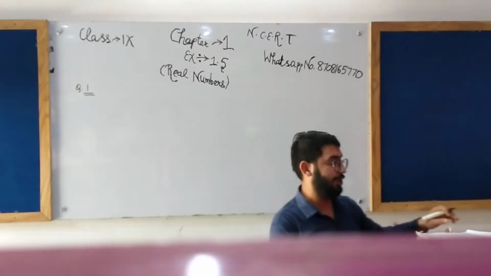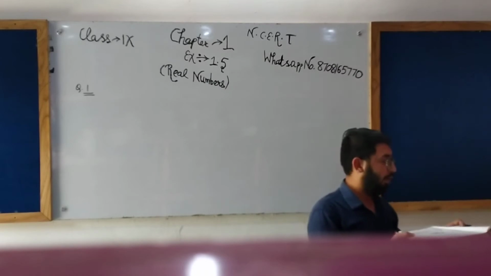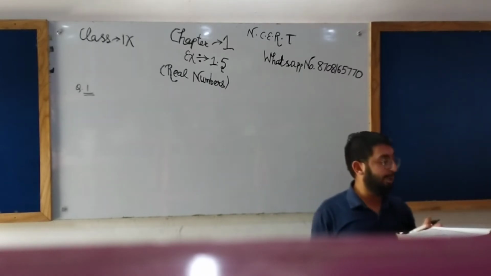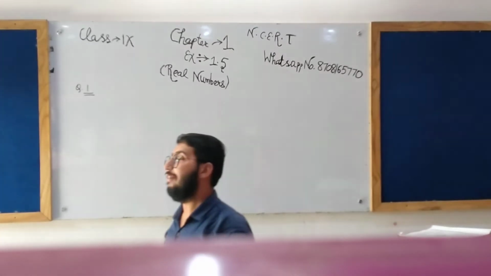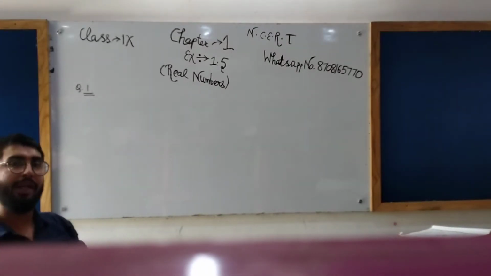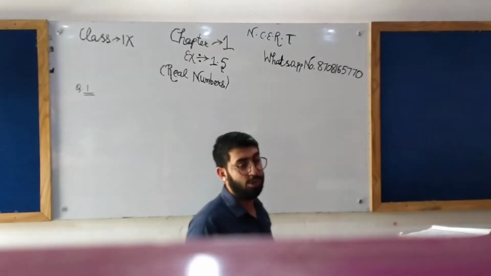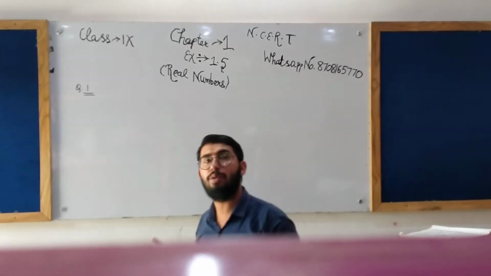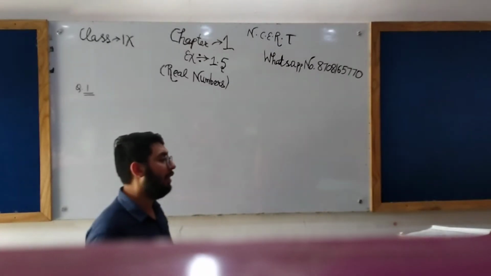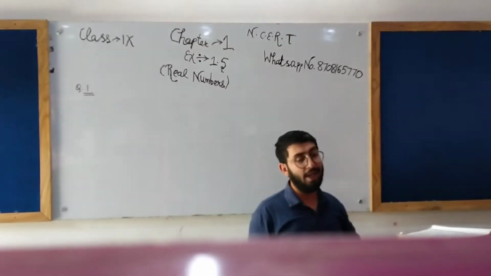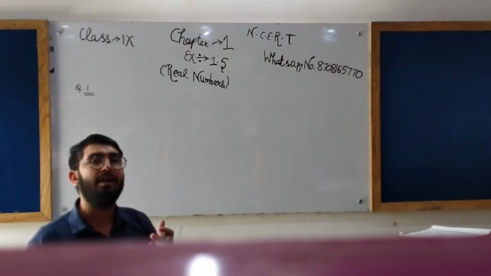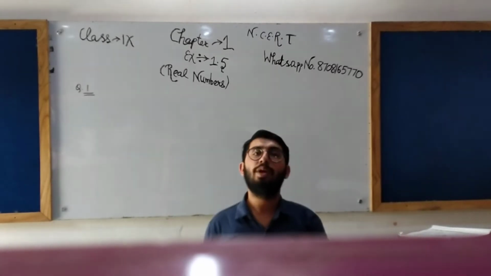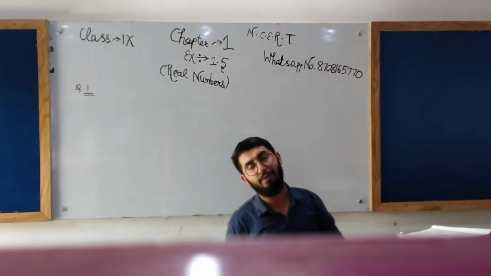I am reading the question. Listen carefully. In exercise 1.5, question number 1 says, classify the following numbers as rational or irrational. Means we are to tell whether the number is rational or irrational. But make sure that we are not guessing randomly. You must have the reason behind the answer, behind taking the number as rational or irrational. Before saying a number is rational or irrational, you must know whether the number is actually rational or irrational.